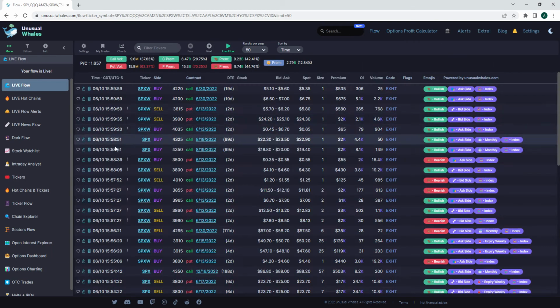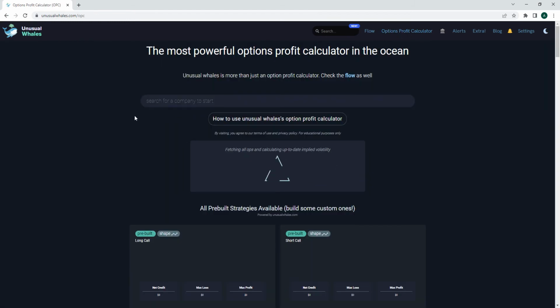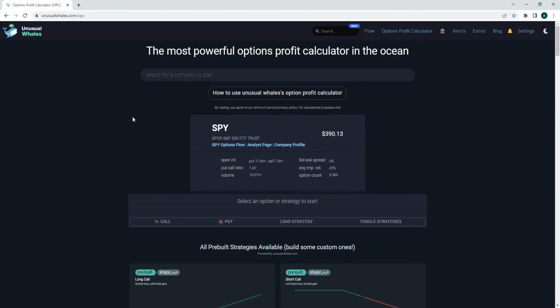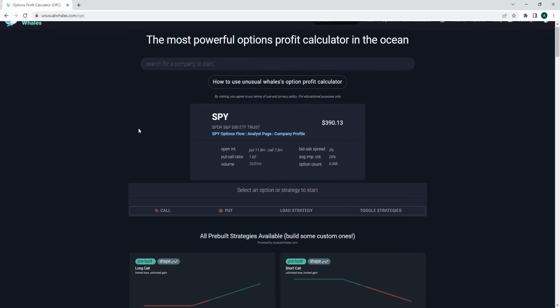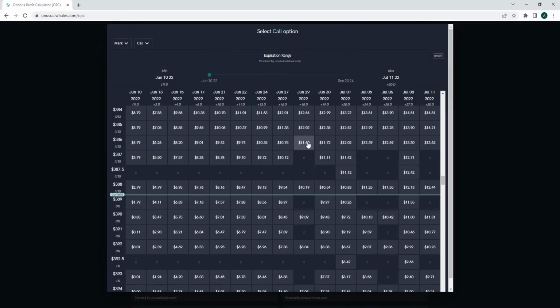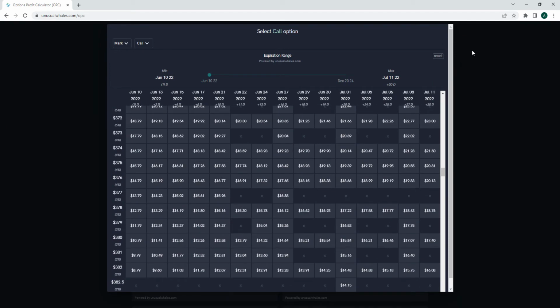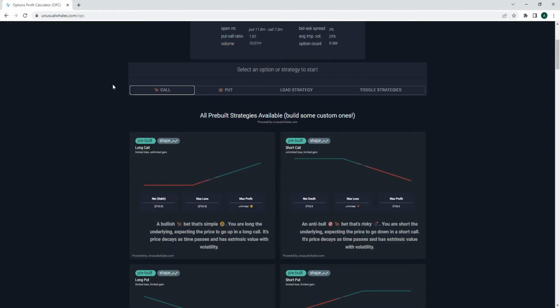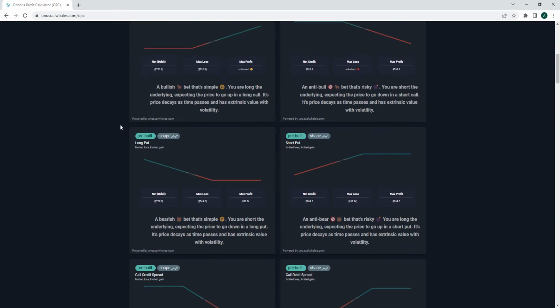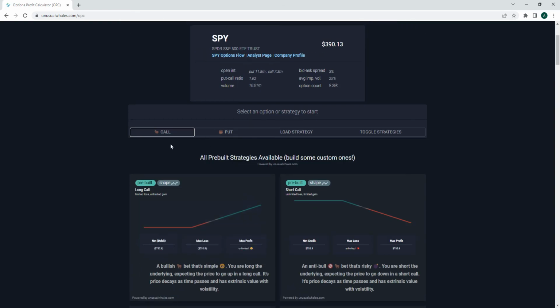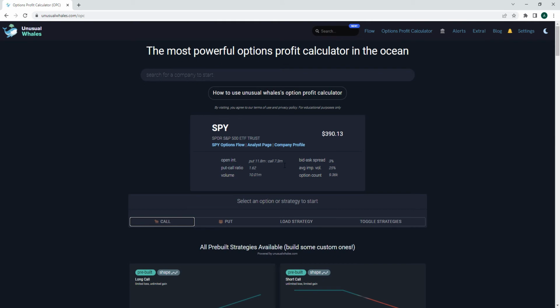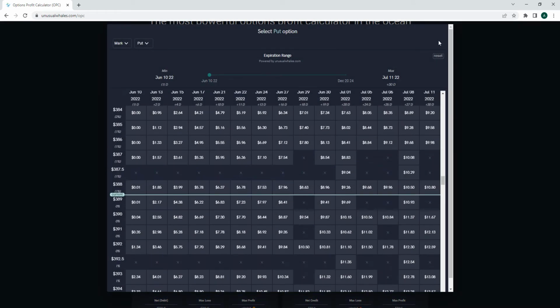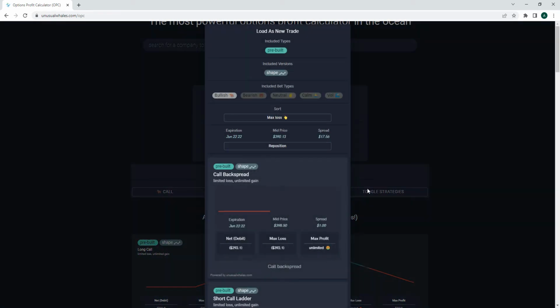So back to the flow. This is your options profit calculator. I'm not going to dive super deep into this, but again, it's your options profit calculator. You select your call, whatever call you want in here. They should pop up in here. So you've got your puts, and then you can change your strategy. So let's say you did